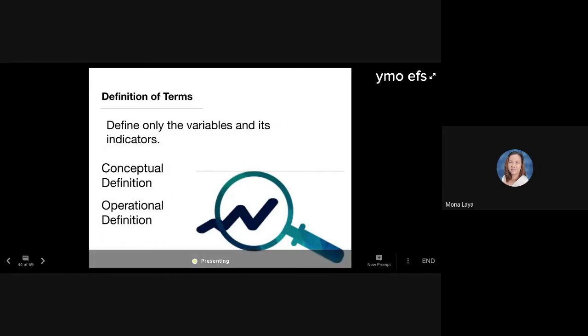Okay, so definition of terms. Okay, we have conceptual definition and the operational definition. When you do conceptual definition, wala namang citation na siya. Then you have the operational definition based on how it will be in the study. In the quali, you don't have definition of terms in the qualitative study. Actually, meron pala, sorry. In the quali study, you have definition of terms.